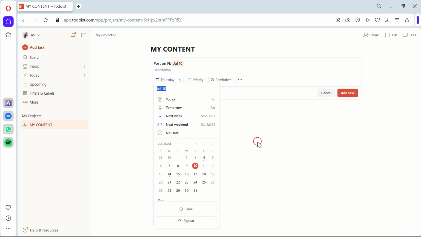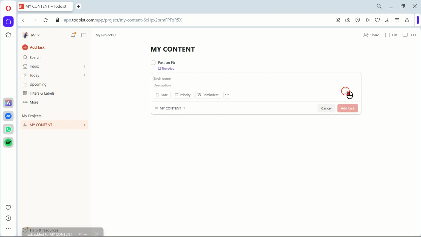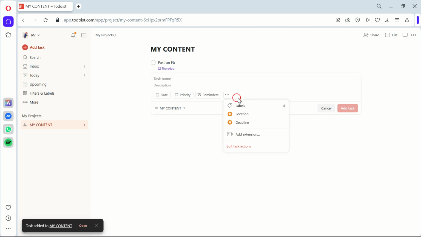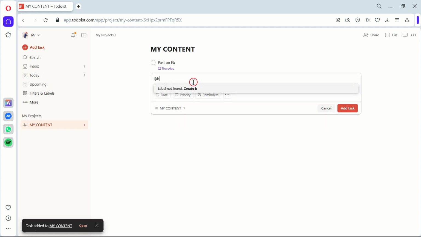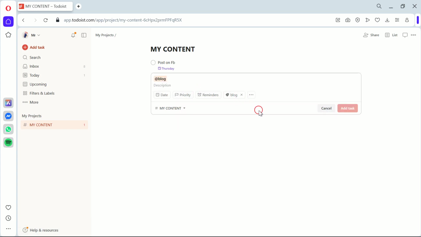Now that we've added tasks, it's time to categorize them. Todoist allows you to use labels and filters. Labels like video, blog, or social media can help you differentiate your tasks, while filters can help you focus on tasks due today or this week. This step matters as it gives you a bird's-eye view of your content strategy, making it easier to spot gaps